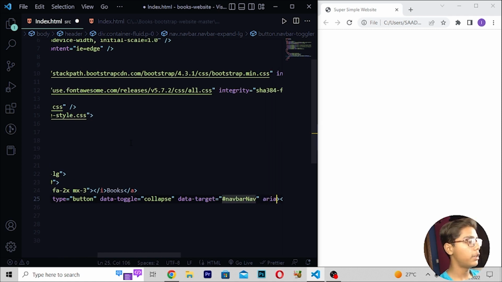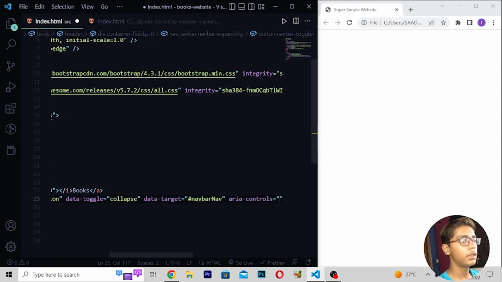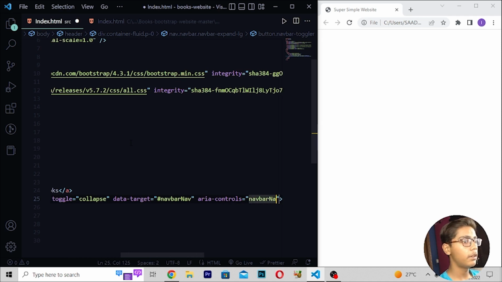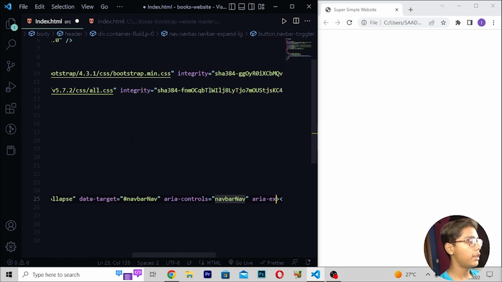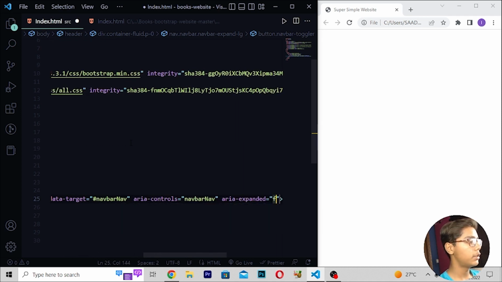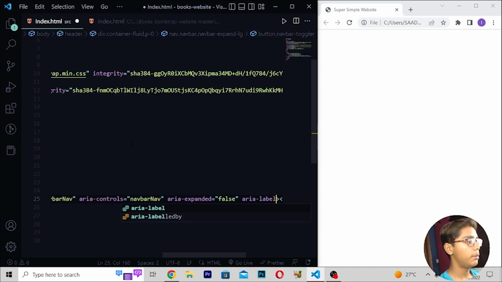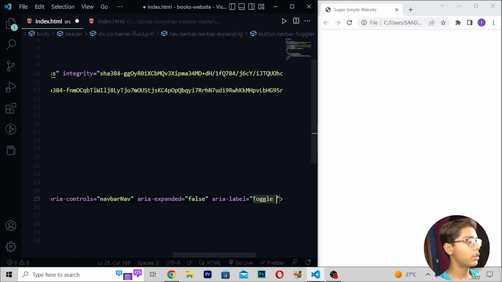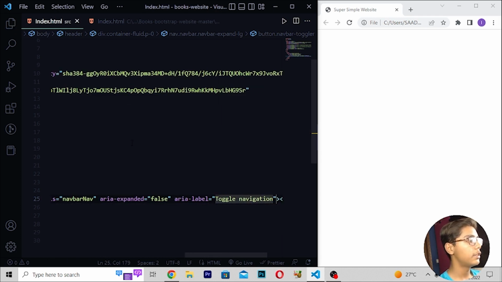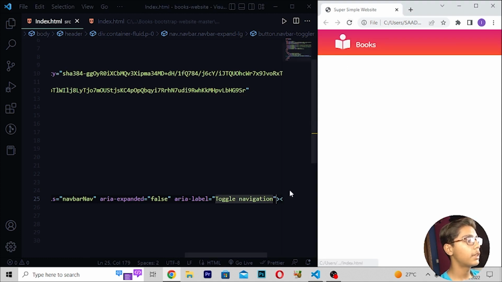Then move forward, right here aria-controls equals navbar-nav. Then right here aria-expanded equals false. So here I will be now writing. Then when you've written this, here I will be now writing aria-label equals toggle navigation. Save this, then reload. So you can see we are getting all this thing.